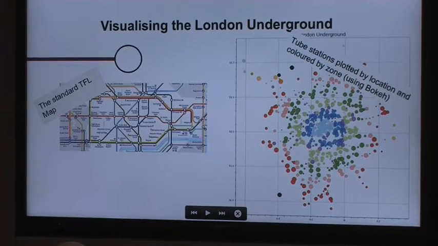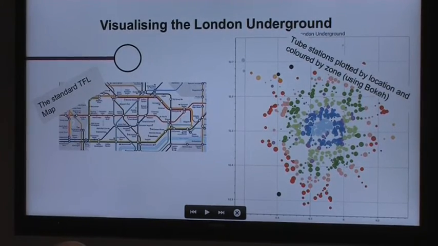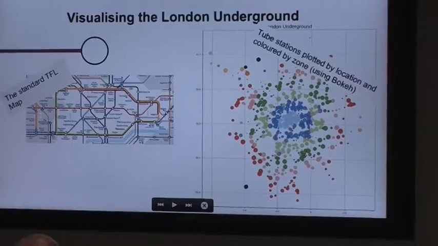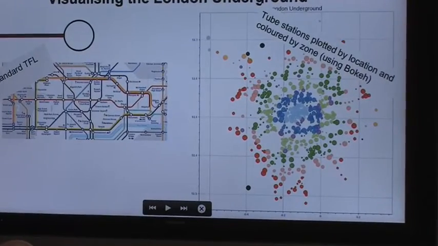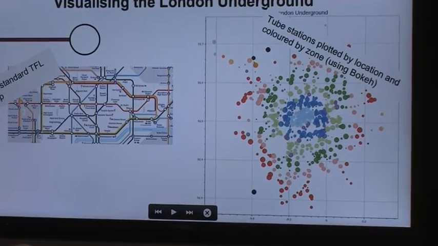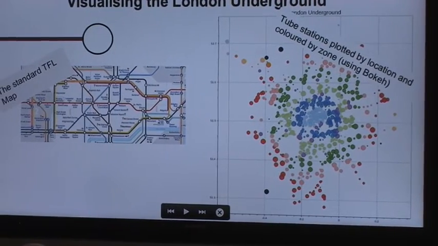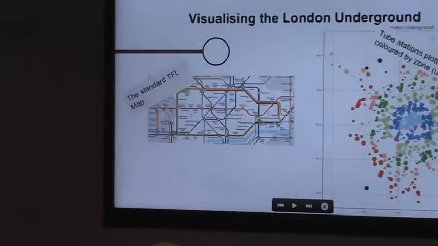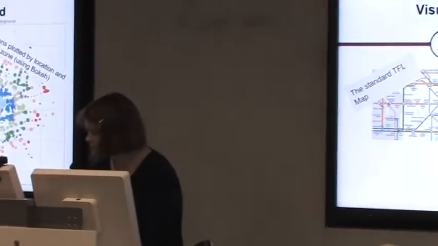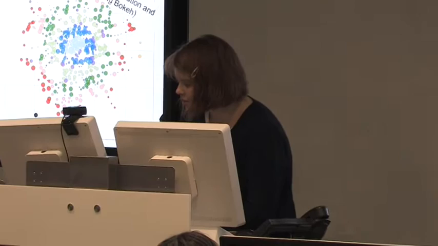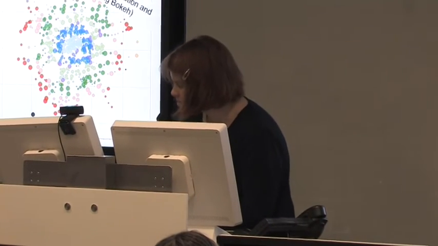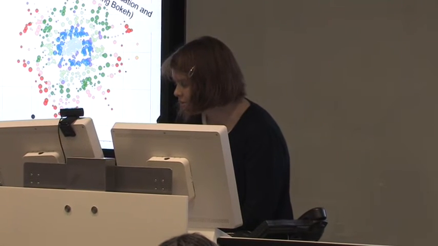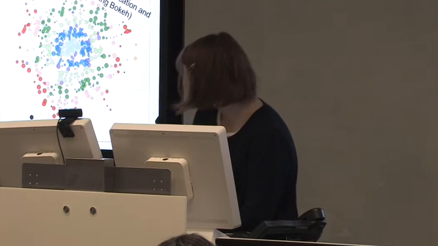But when you're dealing with graph data that comes from a real-life application, you really can't have nice pictures because you're going to have a lot of nodes that are going to bunch together and the edges are going to be intersecting. So how do we visualize the London Underground in an efficient manner? So we have the standard TFL map, which is more or less confusing sometimes, or helpful, depending on your visual skills, I suppose. And then we also have the geographic locations of the stations, which I've plotted here using Bokeh, and I've colored them according to the zone. So that should look fairly familiar.